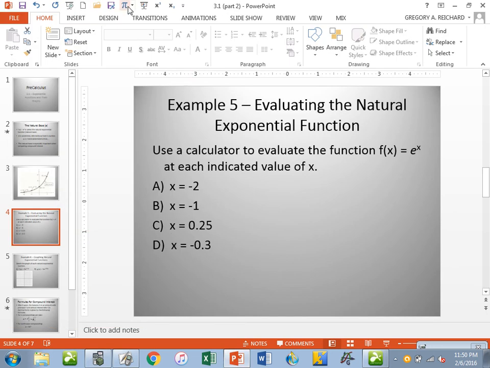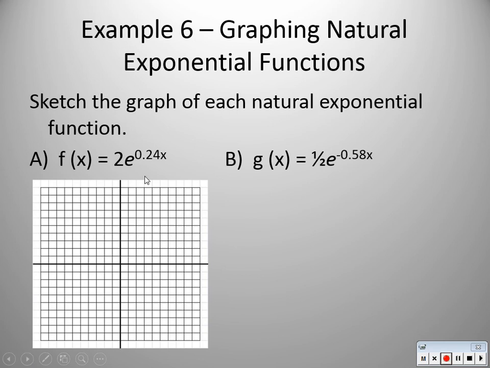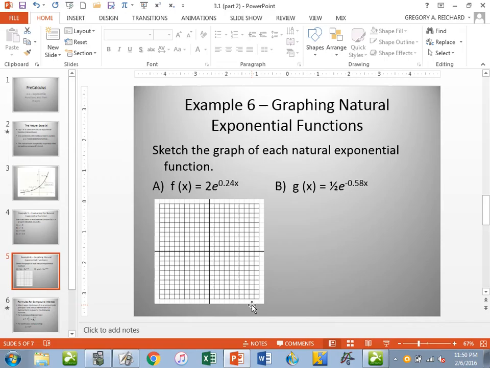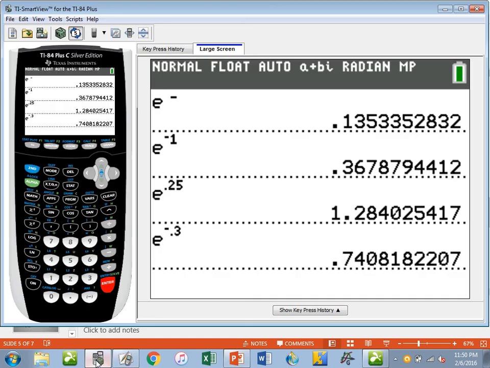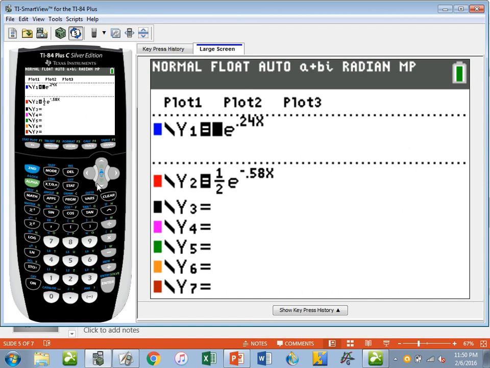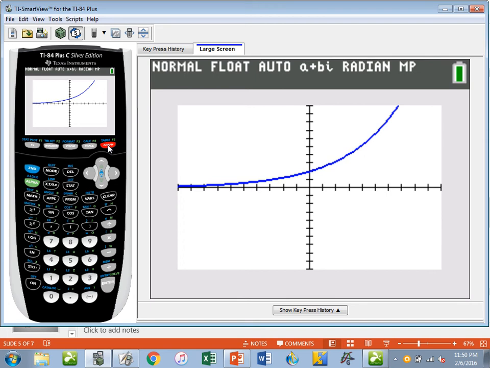So as I move forward here with some different things involving the graph of the natural base, notice here I have for part A 2 times the natural base to the 0.24x power. So if I put this in my calculator just to get some values from the table here, I'll turn y1 off for now, and if I graph this just to get an overall view of what that graph looks like, and if I go to my table just so I can get some points here,